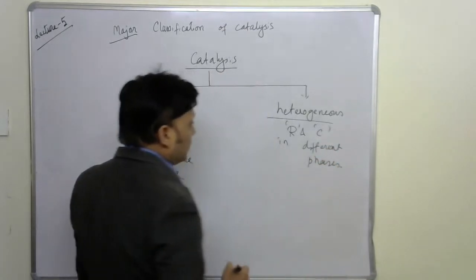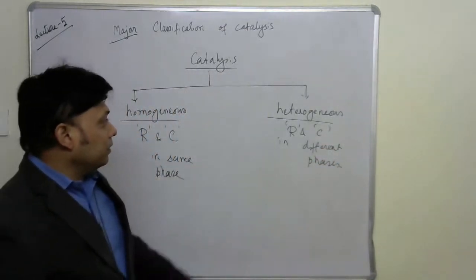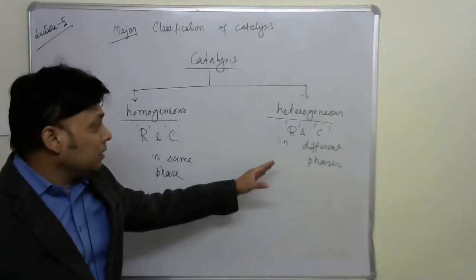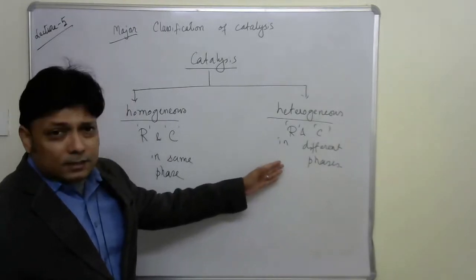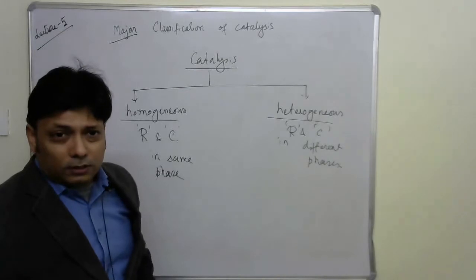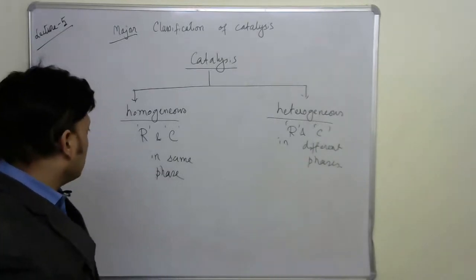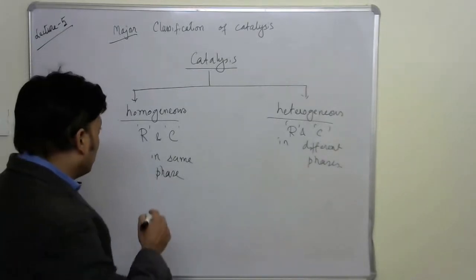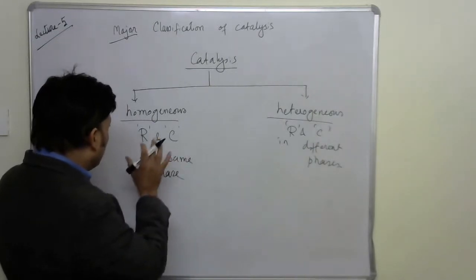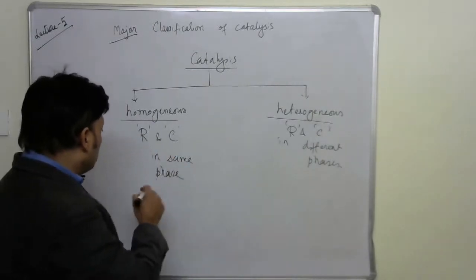So that means if R is a gas, then C could be a solid. So let's put some examples over here. One of the examples of the homogeneous reactions